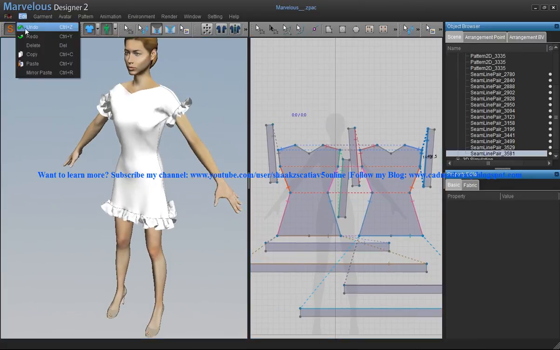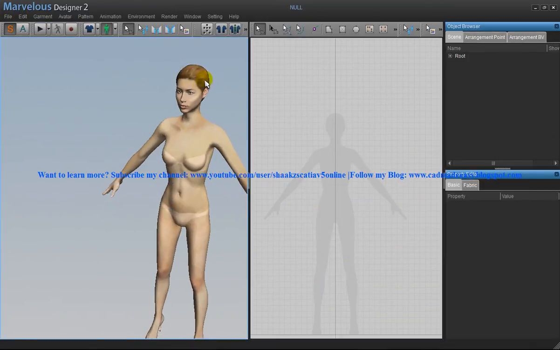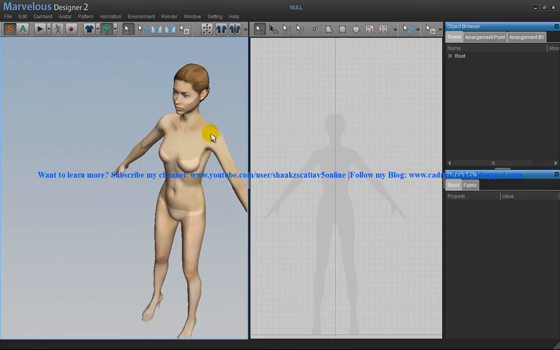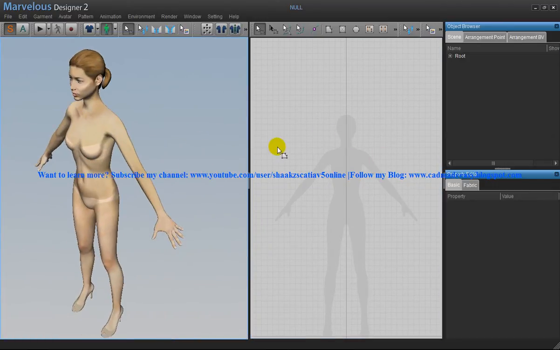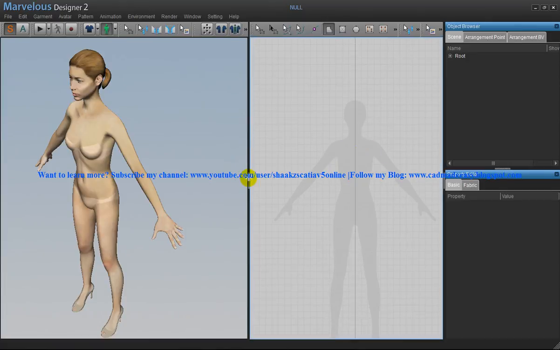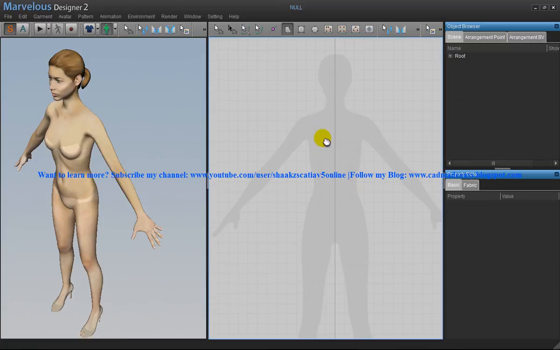So let me just close the current file, and we get a naked lady on the left side, and this is a front view. This is the basic layout of Marvelous Designer. Now to start off, select this create polygon tool and zoom it a little bit in, make our drawing screen big, and in here start from this point here,